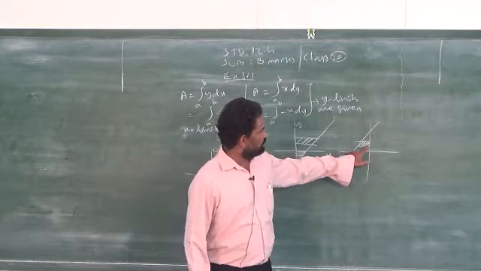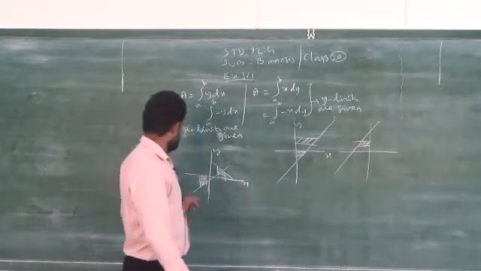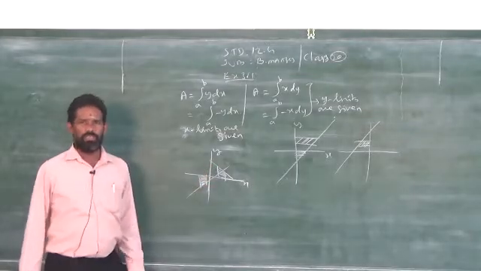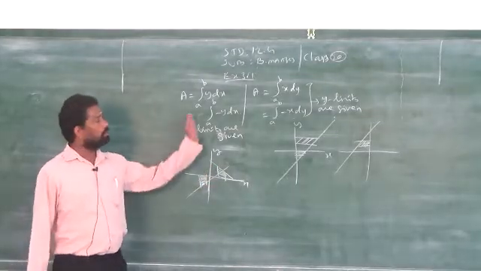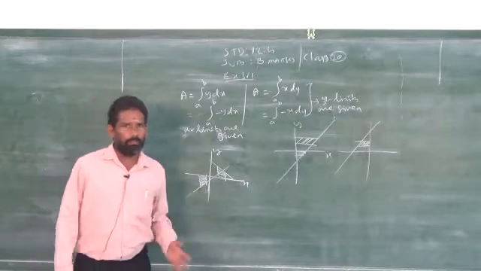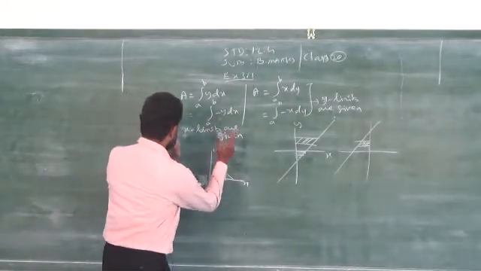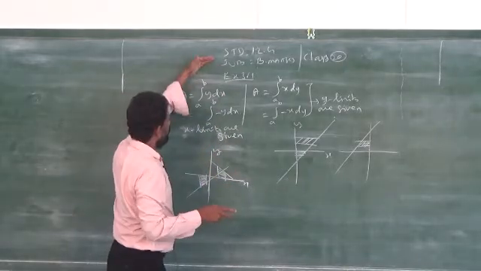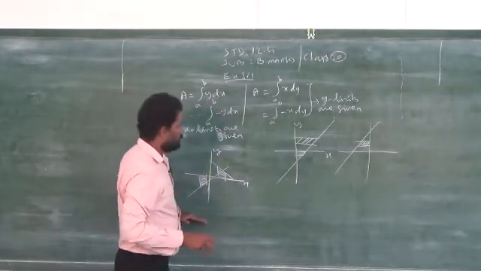Remember, the limits start from the y axis. Here the limit is starting from which one? X axis. You never touch the y axis. So be careful of using these two formulas. I will repeat, when x limits are given, we have two formulas. This is for above the x axis, this one for below the x axis.